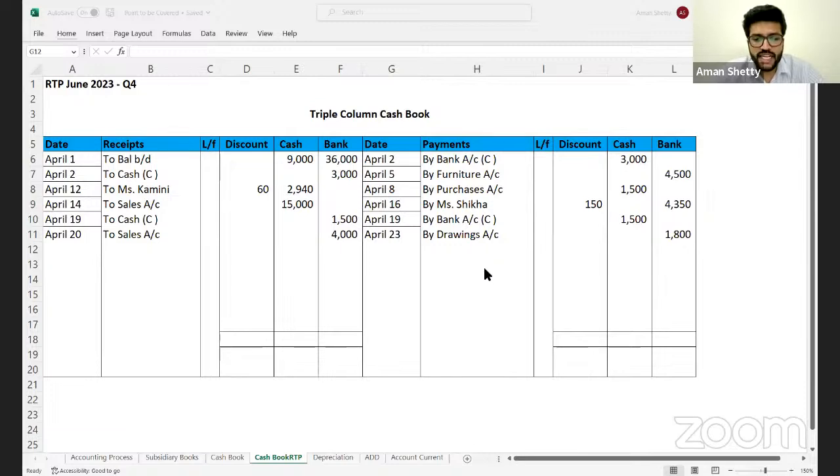And very important, next one you check. April 26th, deposited Miss Rima's check into bank. Now, what is the difference between this transaction and the other transactions where amount is received through check? We have received the check, but we have not deposited it. So remember this treatment. When a check is received but not deposited to the bank, what do we treat it as? Cash receipt. Remember this. You treat it as a cash receipt, and then when the check is deposited into the bank, you treat it as a contra entry.